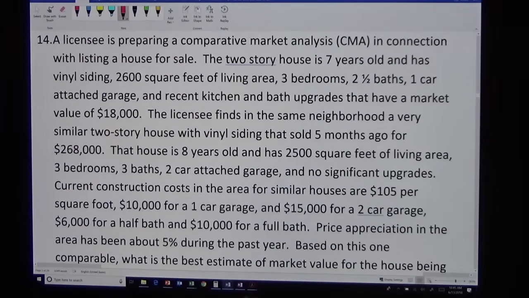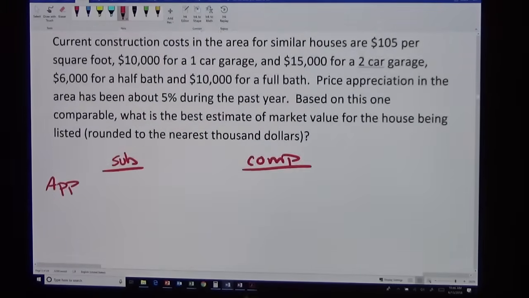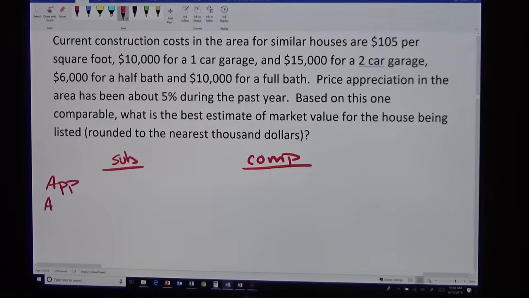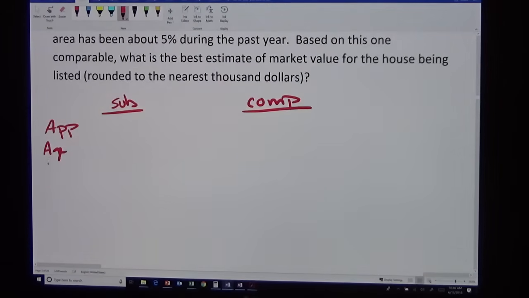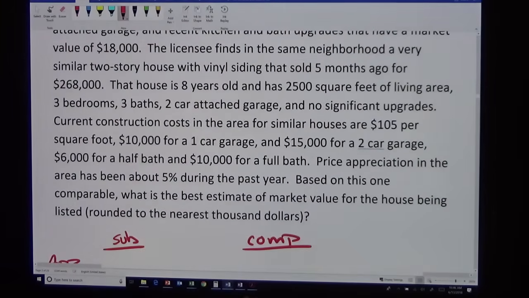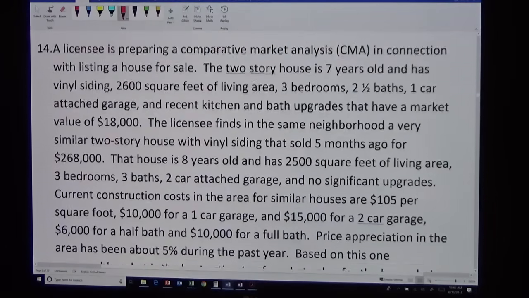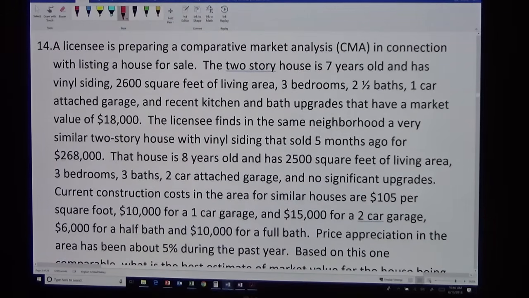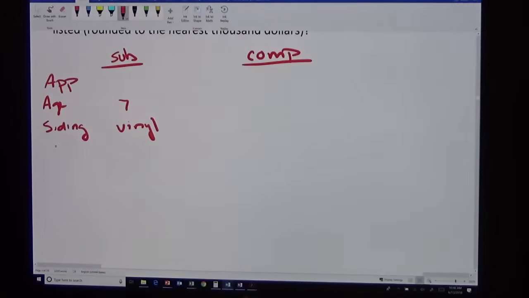Alright, it says the licensee is preparing a CMA in connection with listing a house for sale. The two-story house is 7 years old and has vinyl siding. Okay, so we're going to do age, we're going to do siding, and the subject is 7 years old and has vinyl. It's 2,600 square feet of living area. So size, 2,600,